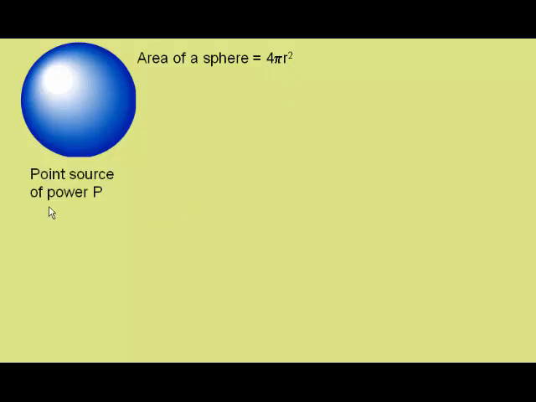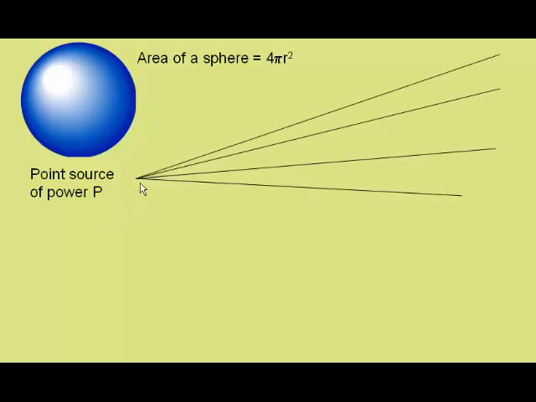If we imagine a point source of power P at the centre of the sphere, radiating energy equally in all directions, we'll consider a small section of that moving out to the right. If we move a distance r from the point source, we can mark out a square through which all the radiation leaving in this direction must pass. If we say the square has area A,